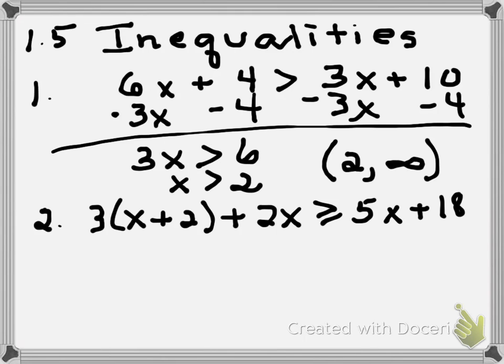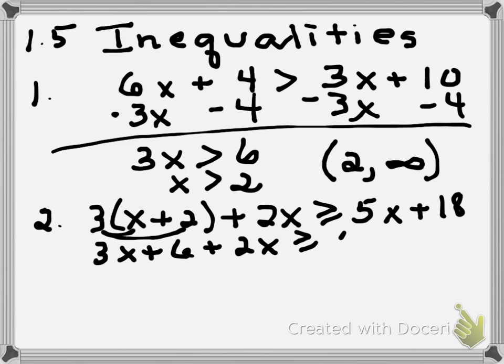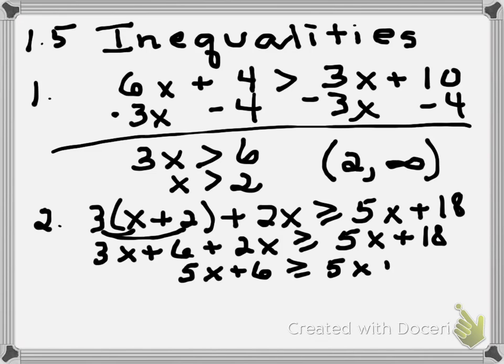So we're going to clear the parenthesis on the left-hand side first. And we get 3x plus 6 plus 2x is greater than or equal to 5x plus 18. Simplifying the terms on the left-hand side, I have 5x plus 6 is greater than or equal to 5x plus 18. Now if I subtract 5x from each side,